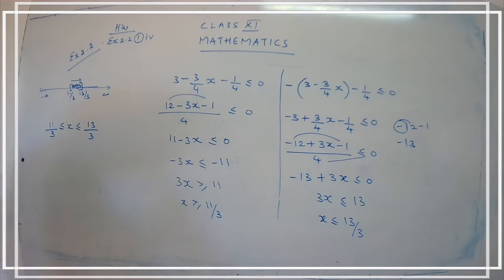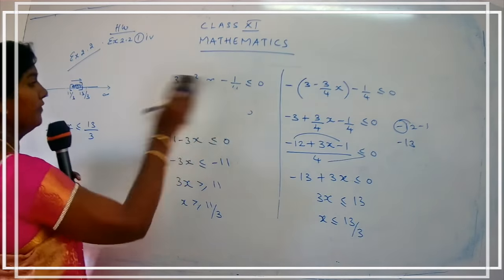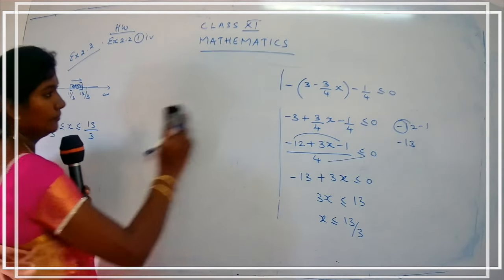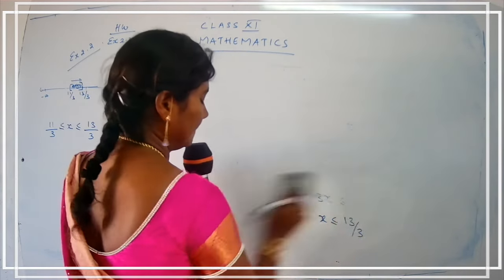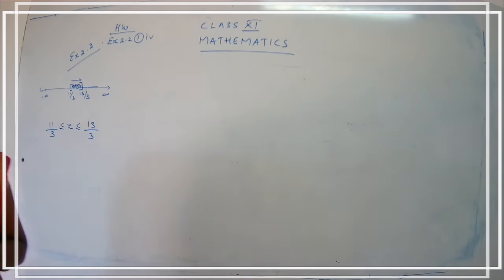Write down the second question. This is very easy and you may be asked these questions for 2 mark or 3 mark. So you have to be very careful with the sums. Let's go for the second sum. Let's start with the question. What is the question given to you?